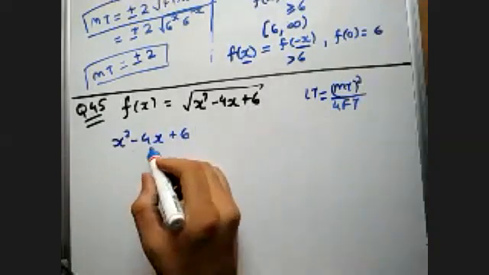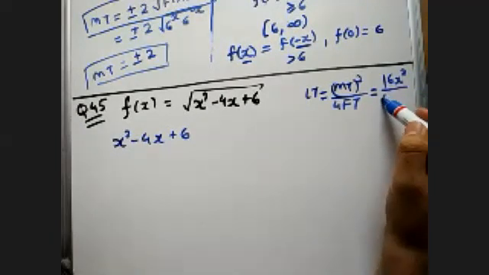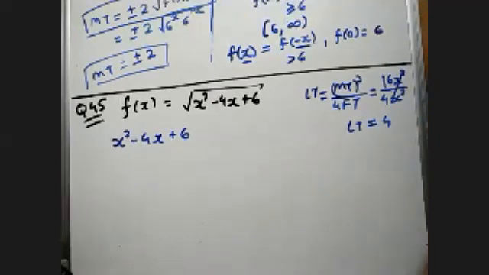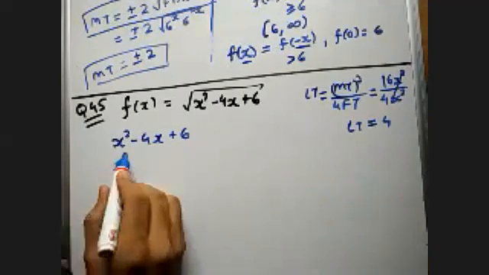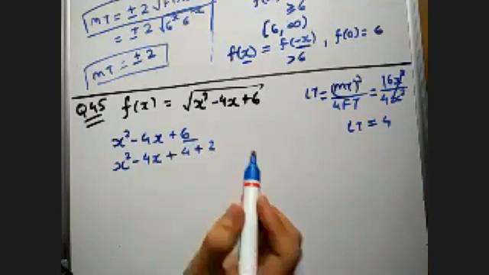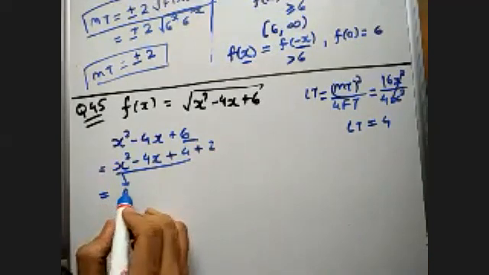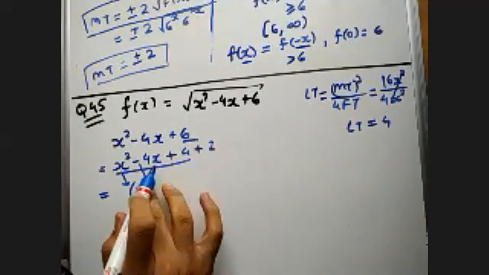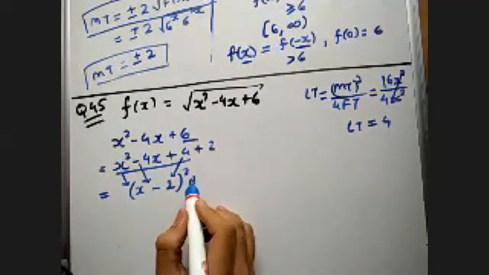Now the middle term is minus 4x. Its square will be 16x square divided by 4 times x square. So it will be 4. So my last term is equal to 4. But instead of 4 it is given as 6. So I can write this as x square minus 4x plus 4 plus 2. I'm just writing this 6 as 4 plus 2. So this I can write as square root of first term, sign of middle term, that is minus, square root of last term, that is 2, whole square plus 2.